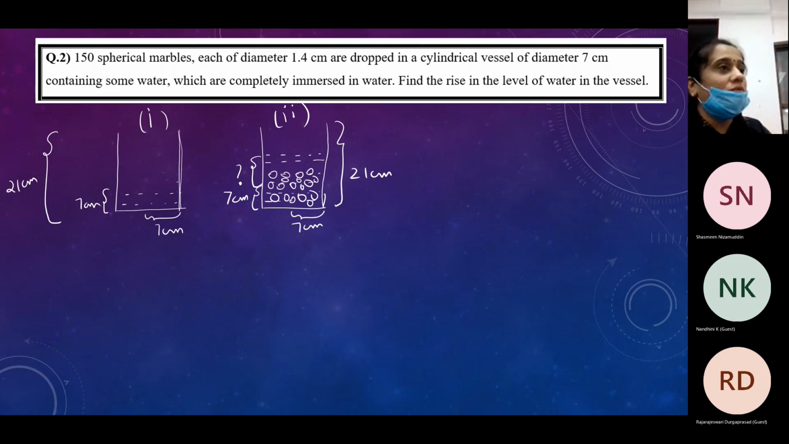Yeah, Deepika, read now. What is the volume of water? Louder. 22 by 7 into... Sneha. Perfect. The radius of the cylinder is 7. The height of the water is 7. So the volume of the water